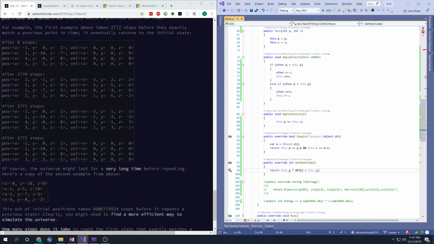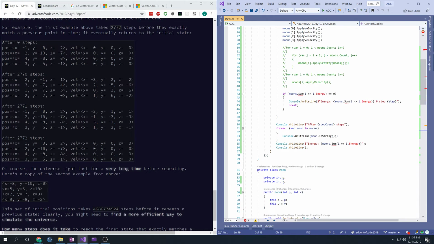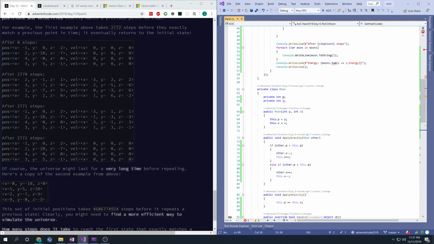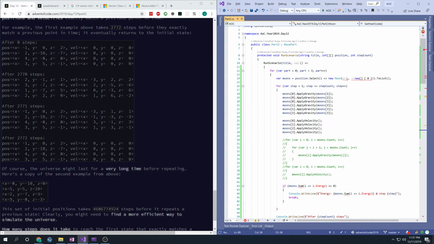I don't remember how I'm supposed to. I think this is supposed to be a prime, but I never remember what the rules are. That's why I like ReSharper's thing; it just magically does it. But now that I'm overriding get hash code equals, I can